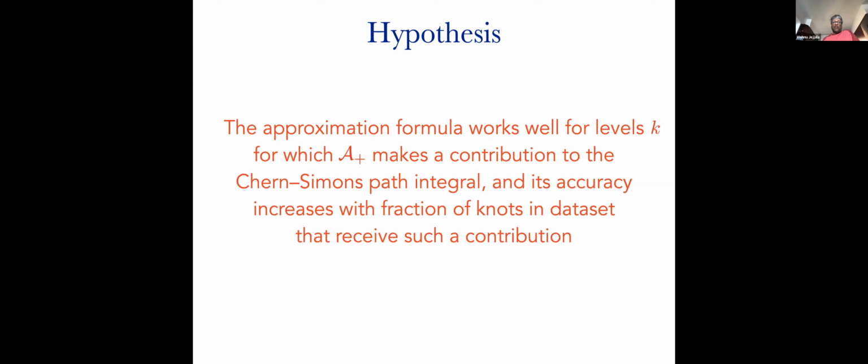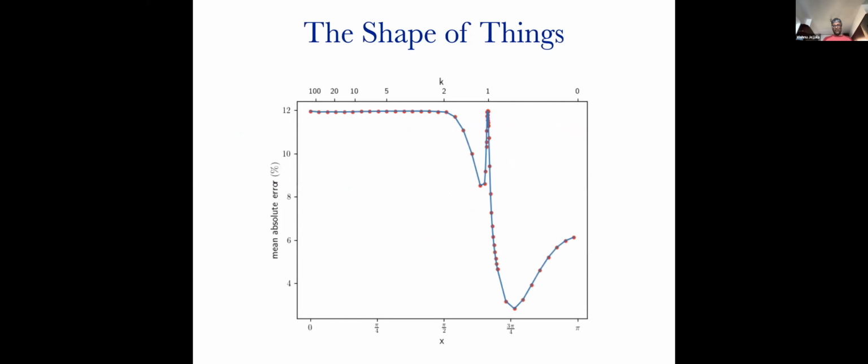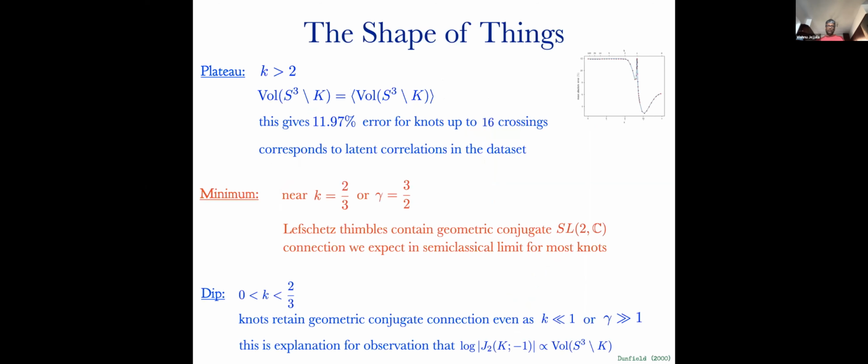So we claim the approximation formula works well for levels k for which the geometric conjugate connection makes a contribution to the Chern-Simons path integral, and its accuracy increases with the fraction of knots in the data set that receive such a contribution. And we can use this idea to explain the shape of the curve that we've seen. So let's do that. The plateau region, where k is bigger than 2, corresponds to just assigning to each knot in the data set the average volume of all the knots in the data set. This gives a 12% error for knots up to 16 crossings,